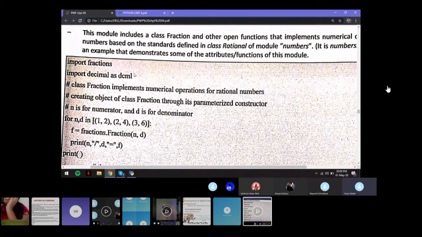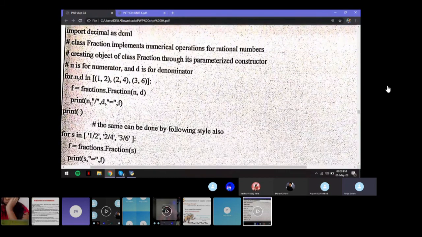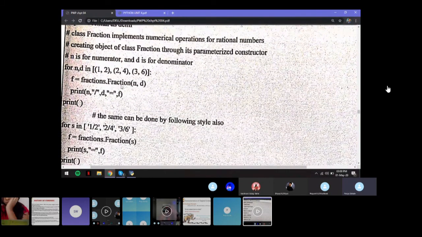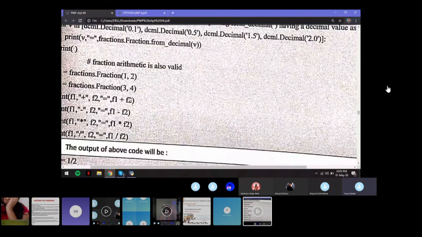Now the fractions module will deal with fractional numbers. If you want to print 1 by 2 in your output, all you need to do is import the module fractions and then call the Fraction function, and you'll have to pass the two values 1 comma 2. It will give you output as 1 by 2 and so on.